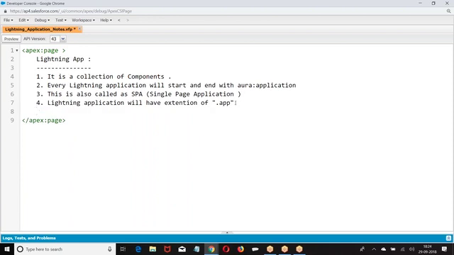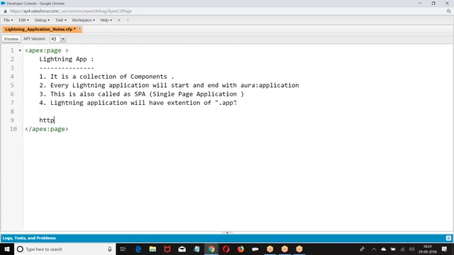Now, if you want to open a Visual Force page, how will you open it, boss? HTTPS, your domain name, like server name, salesforce.com/apex/page name. This is the general URL for calling any Visual Force page. Am I right? In the program, if you want to give a URL for a page, that is how you are giving it.